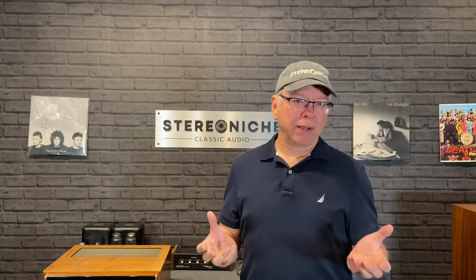So I decided to go with $2,500, and that budget gets you a good sweet spot because you get a lot of different things available to you in that price range. In that theoretical budget, I put about $1,000 on the speakers. And then in this case, I went with an integrated amp instead of a receiver, and then a turntable. For each of those, I gave it $750, and I think that gives you a lot of